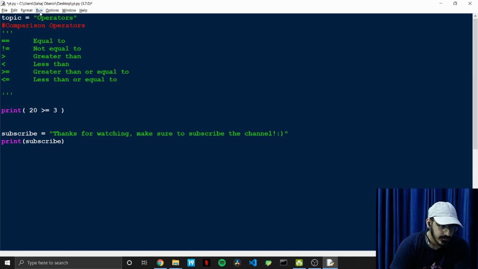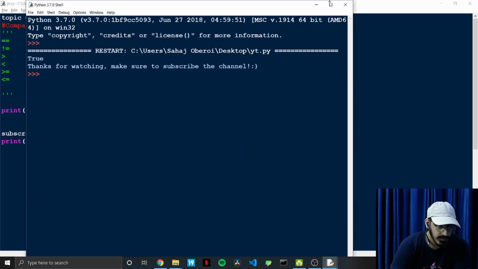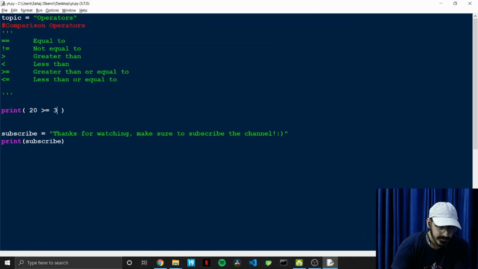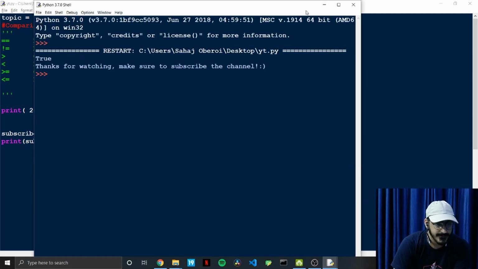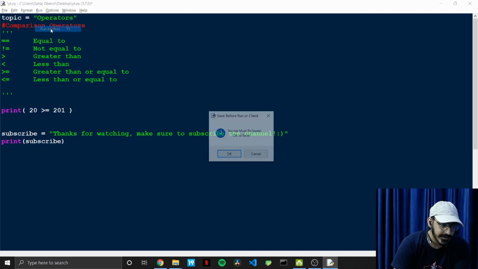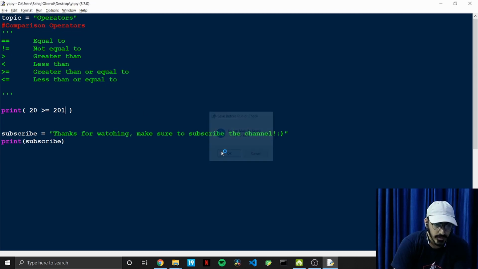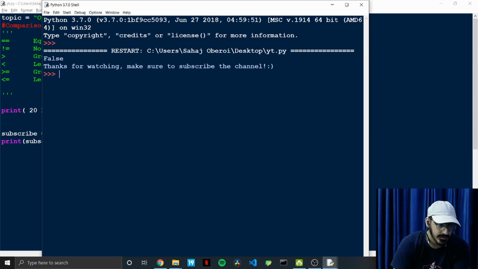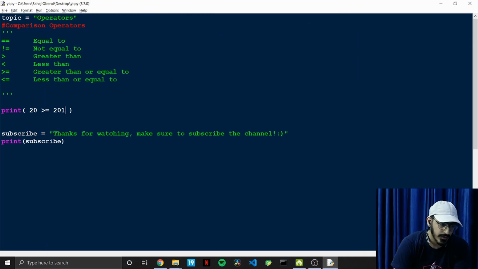If we run this now, this will print true. And even if we replace this with 20, then also this will be true. And now if we replace it with a greater number on the right side, then it will ultimately be false.